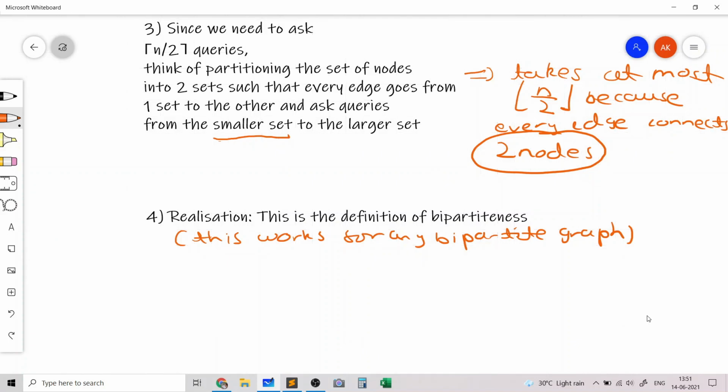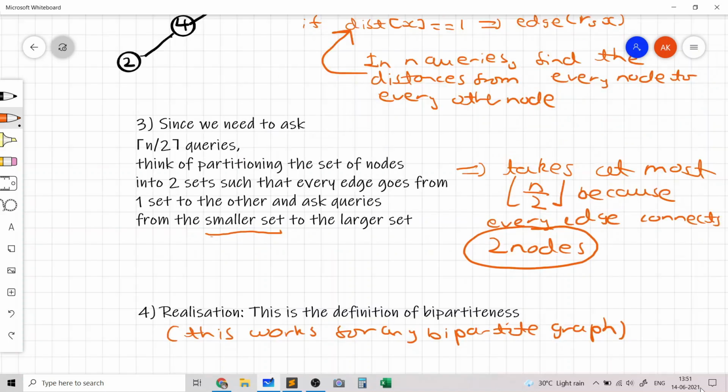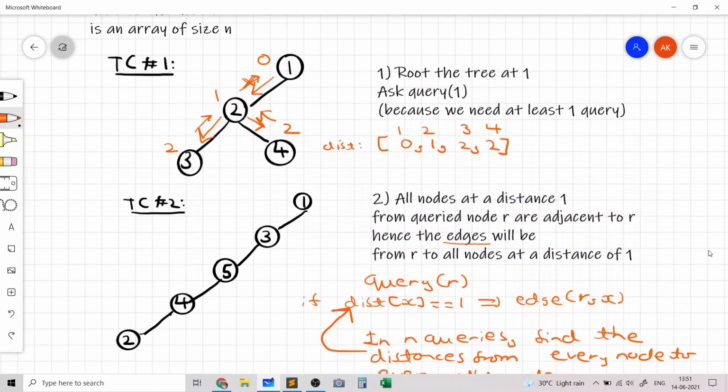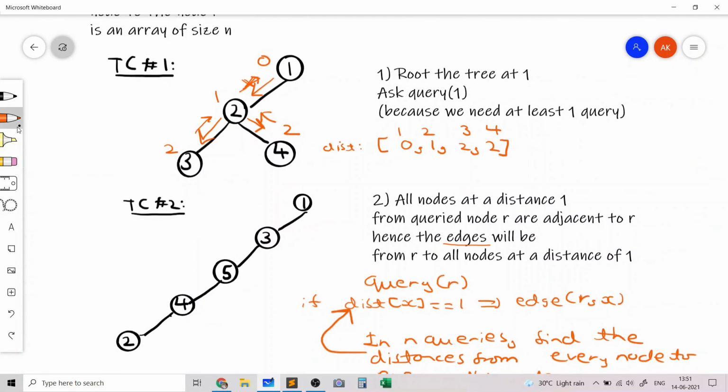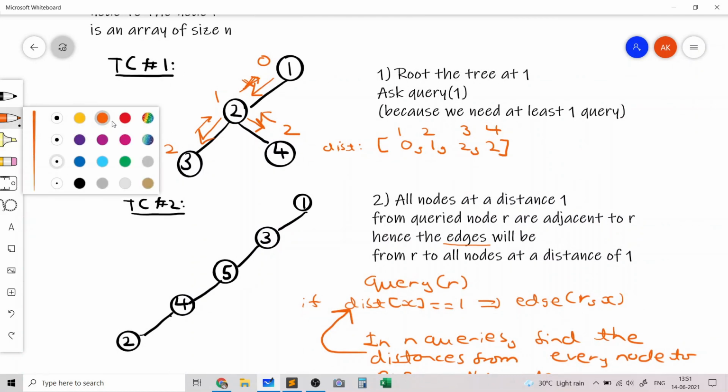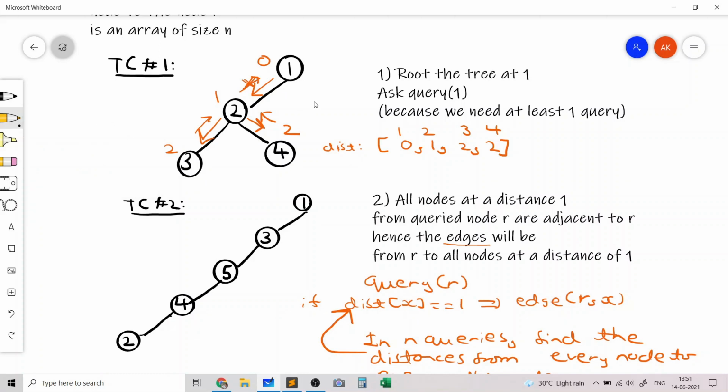So after we ask the query from one, we essentially know the distances from one to every other node, which are marked in the orange color. The next thing to do would be to form those sets, and we could do that by the coloring strategy, which is basically assuming that node 1 gets colored yellow or something, and let's say that node 2 gets colored black, then node 3 will get colored yellow and node 4 will get colored yellow.